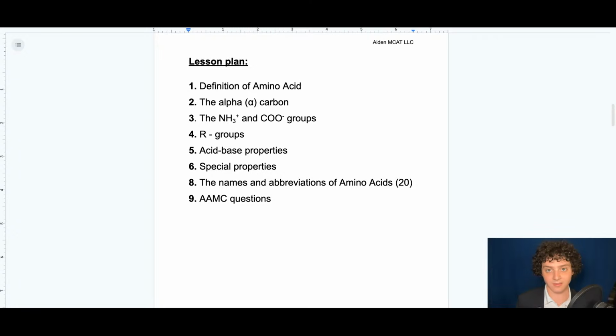The amino acid is the fundamental component of the protein. And in the human body, proteins not only make up a large part of the structure of our body, but they are also heavily involved in the function of our body. So both what it is and also how it does all of the things that it does.